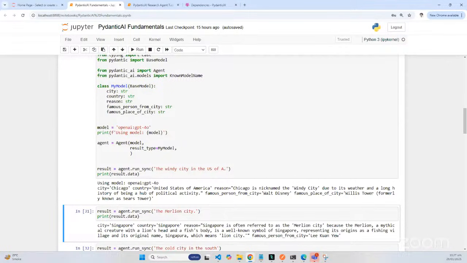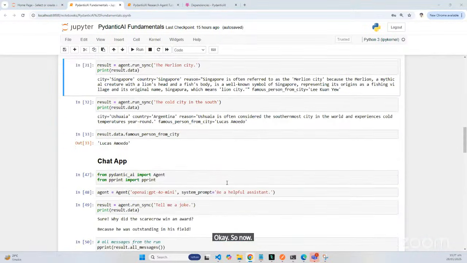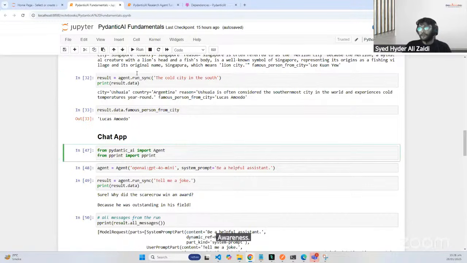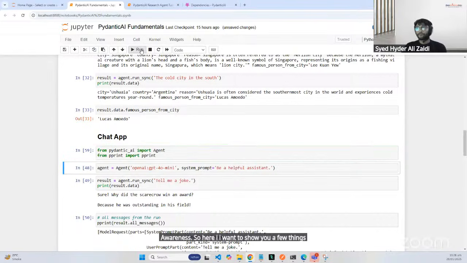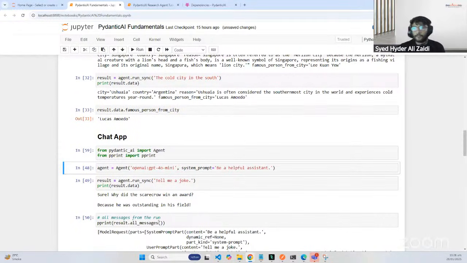Okay, so now we just chat if I go ahead. Here I want to show you a few things. Here is the find agent. I have given it a system prompt. You can see